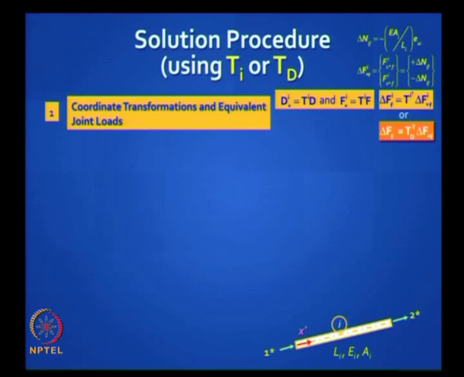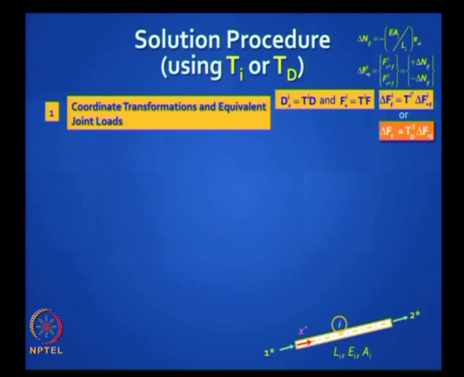So this is known, and then do you agree that if this is going into force delta Ni, that force has to be equilibrated by equal and opposite forces at the two ends, right? So can I write it like this, on the left side plus delta NIF and on the right side minus delta NIF, that is my delta Fi star F, that is my fixed end force, clear? This will give me compression, because Ni is turning out to be negative, is it clear? That is how you do it.